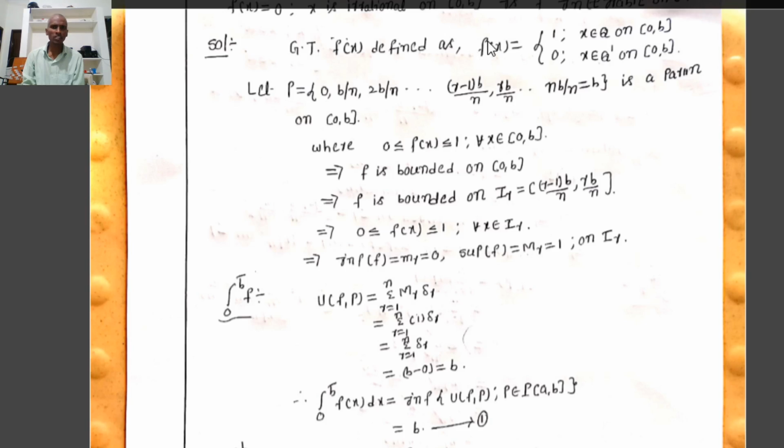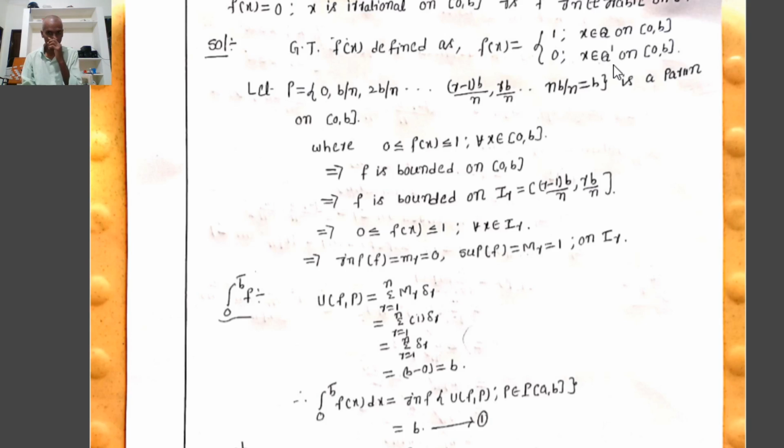The function f(x) is defined such that on any interval, for x belonging to the rational numbers the image is 1, and for x belonging to the irrational numbers the image is 0. Therefore, automatically on R the image of f(x) must be equal to 0 or 1. That implies on R, 0 ≤ f(x) ≤ 1 for all x belongs to R.